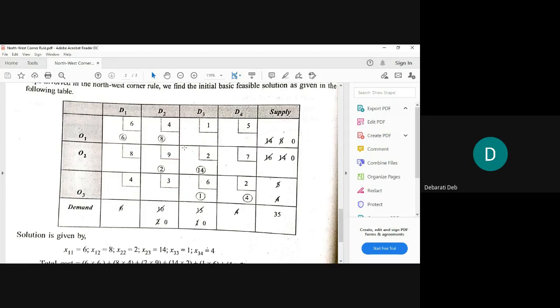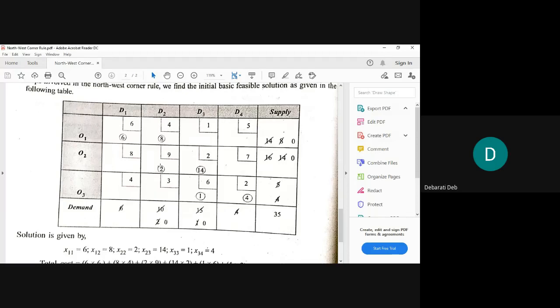Now, when we started with this box, we were comparing 10 and 8, right? So out of 10 and 8, the bigger one is the column total, that is 10. That is, demand side is bigger. If demand side is bigger, then we will move downward. Since this demand side is more, or the column total is more, that's why we will move downward. Correct. Now moving to this downward box, we are now at O2, D2.